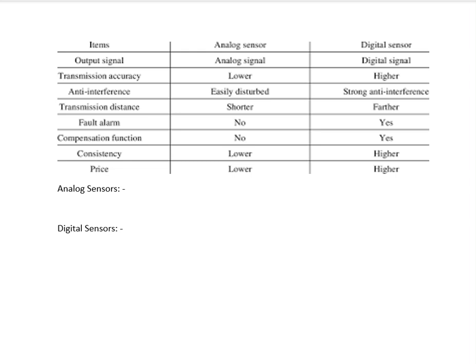Hello everyone. In this lecture, we are going to see the types of sensors and which sensors we are going to use from the different categories of the sensors. There are initially two types of sensors, analog and digital. From the name itself, you can say that the output signal analog is given by an analog sensor and digital is given by a digital sensor. And transmission,